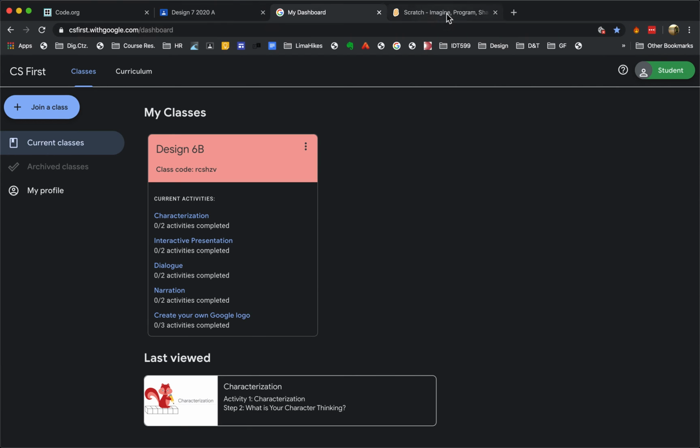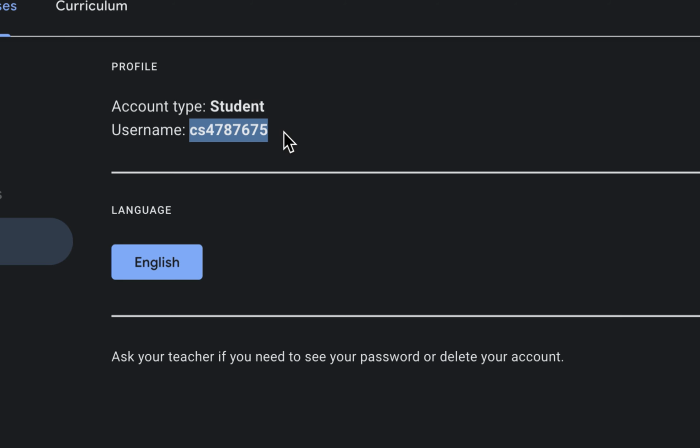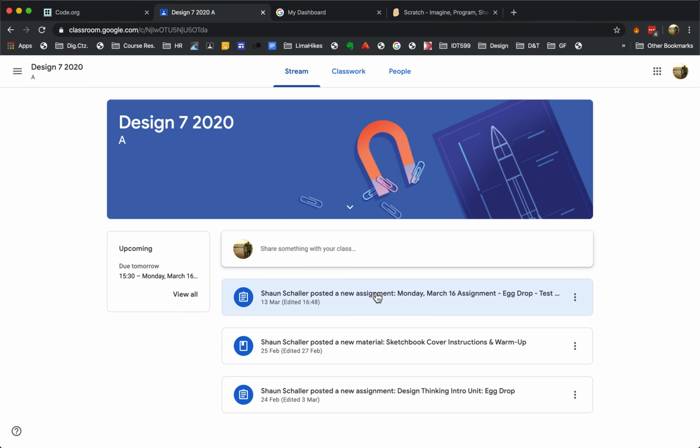All right, I hope that this was easy to follow along with. One final step is you're going to share your username with me. If you go to my profile, you'll see that your username is right here. You're going to submit this information in a survey to me, and that's going to tell me your username in CS First. One thing you could simply do is copy this, and in Google Classroom,